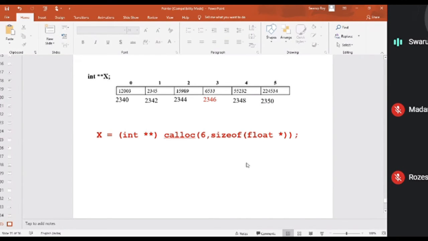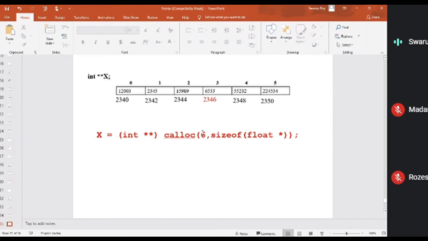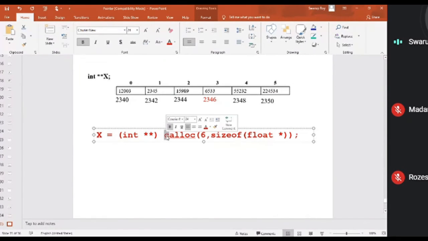Because it's holding the memory address irrespective of the type of the data, it needs that much space which is enough to hold any address. So that's why the size of any pointer, whatever be the type of the pointer, is always going to occupy the same memory space. Whenever I am using that calculator, you can use malloc also, no problem. So in the case of malloc, what will happen if I write it?